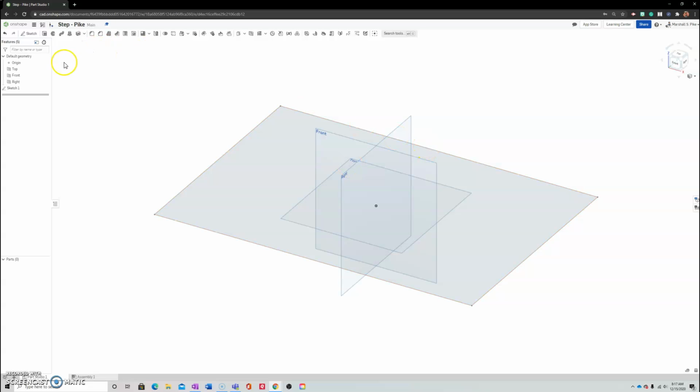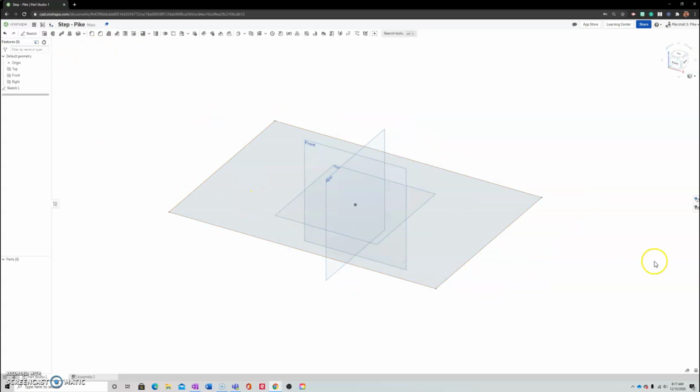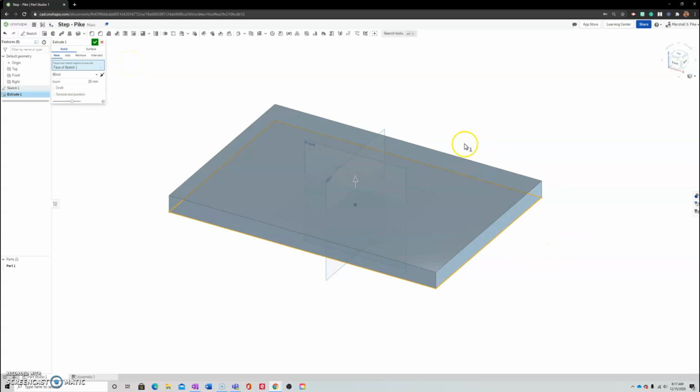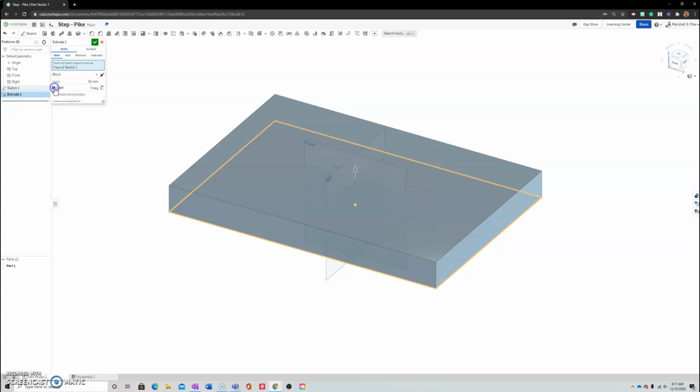The next step would be to extrude this step upwards. So I'm going to hit Shift E on the keyboard. I'm going to select the step itself. This is a new extrusion or solid on this face of sketch 1. This should be main sketch. We'll go back and change that in a second. Keep this blind. You want this to be 40 millimeters, and they do want you to draft it, kind of like we did with the wheel. They want you to draft it 5 degrees,